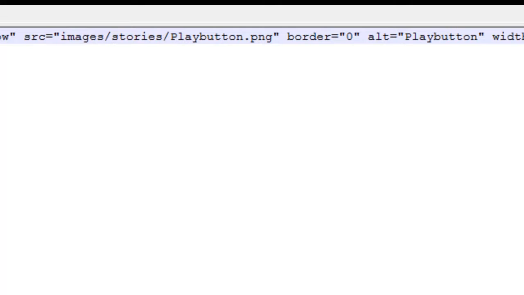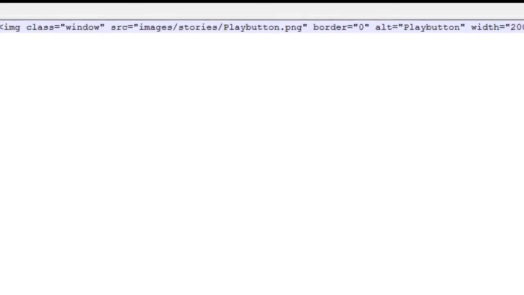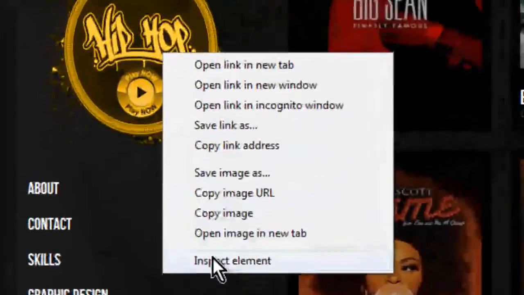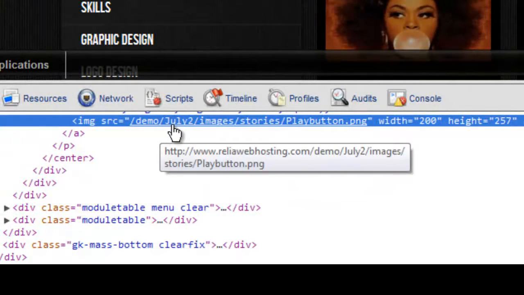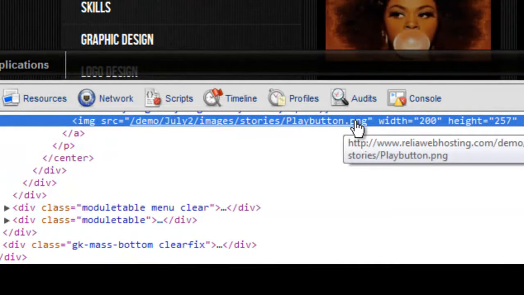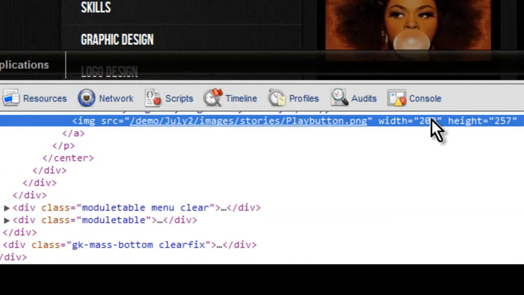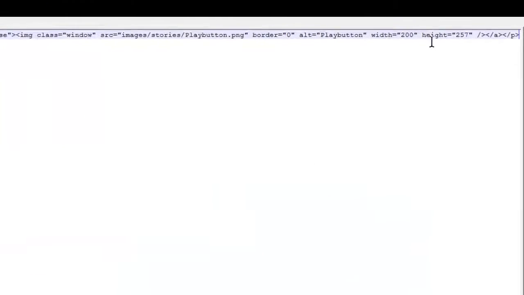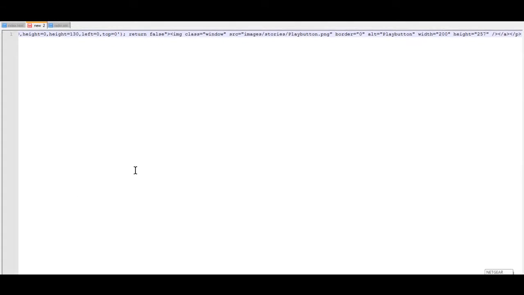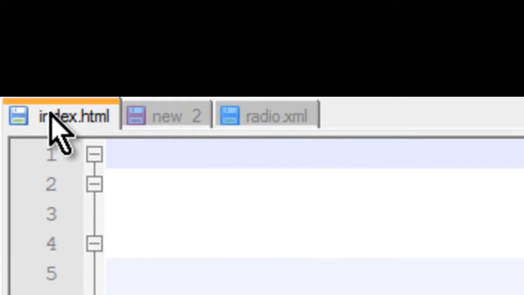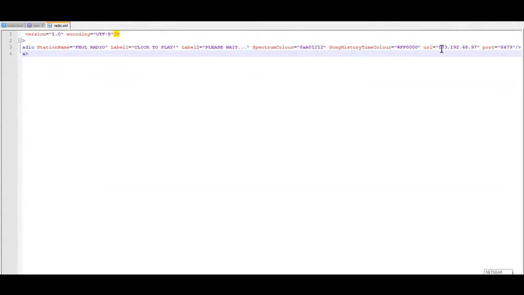And the next and the most important thing is the images, the image that people are going to click on. Now mine happens to be images stories play button.png. Now if we go back to the web page and we right click on our image and do inspect element, you'll notice this is the exact image, demo July image stories play button.png, and then you have the width and the height. If we go back to our code, you also see the same thing, 200 width, 257 height. If you change all these files, which is your index.html, your radio XML, mainly your IP address over here,